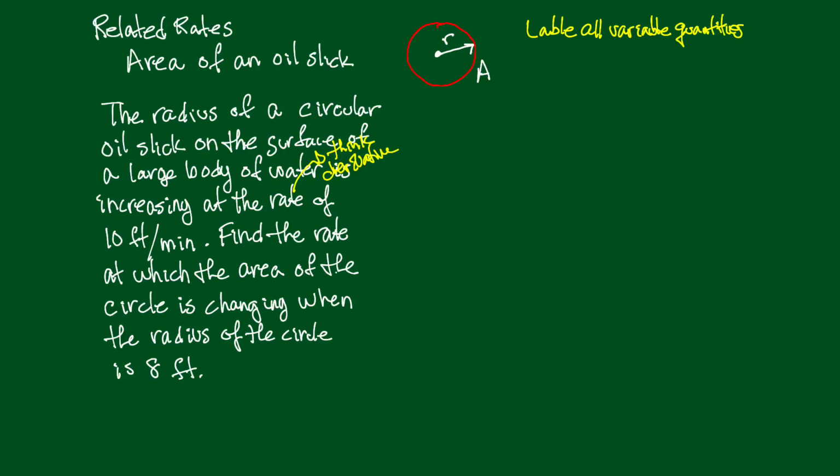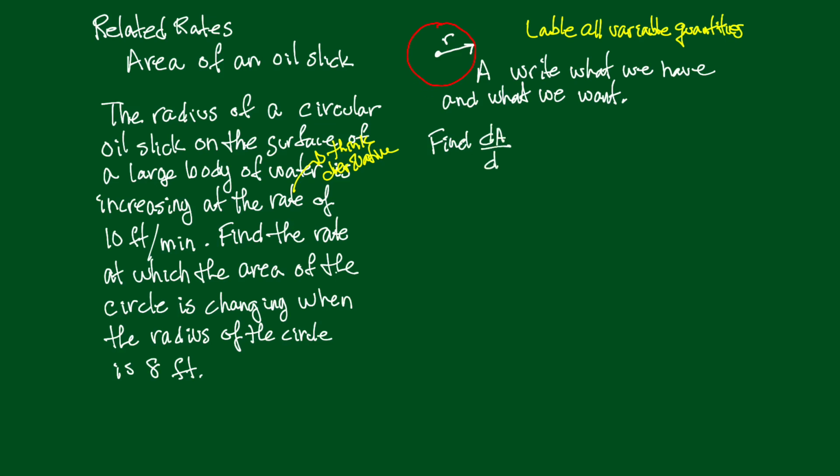And now what I'm going to do is write what it is that I have and what it is that I want. I think it's a good idea every time you do these problems to write down what you have and what it is you want. Then it's all right in front of you. So let's see, what do we want to do? We want to find the rate, so I'm going to write a derivative, the rate, dA/dt, find the rate at which the area changes when, now here's what we have, dr/dt is equal to,